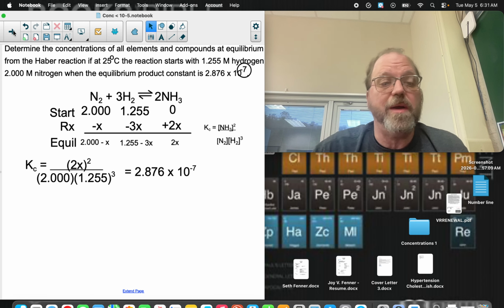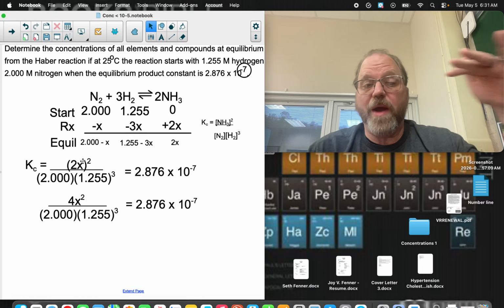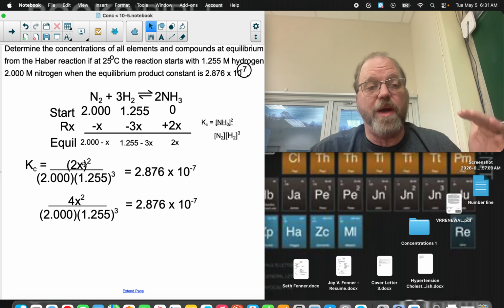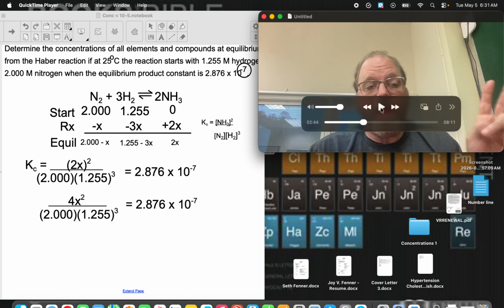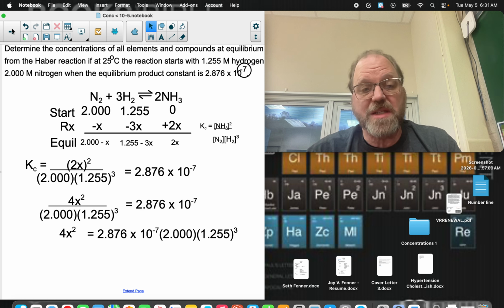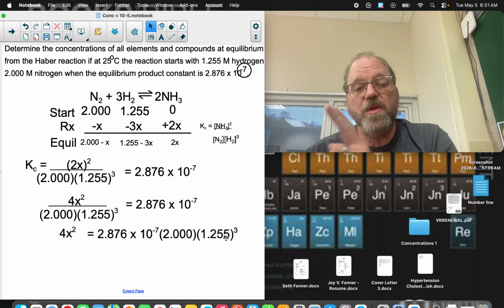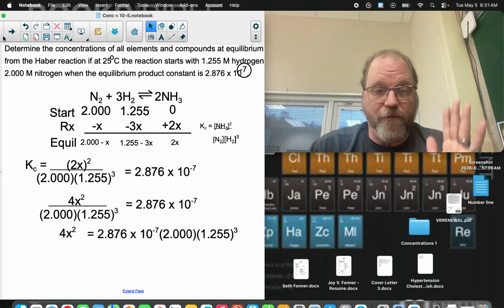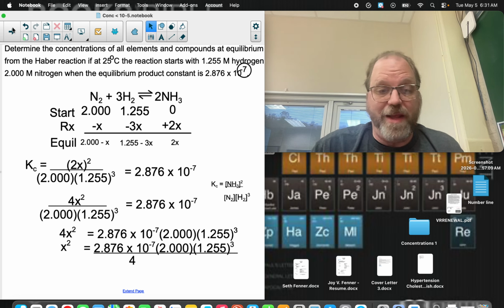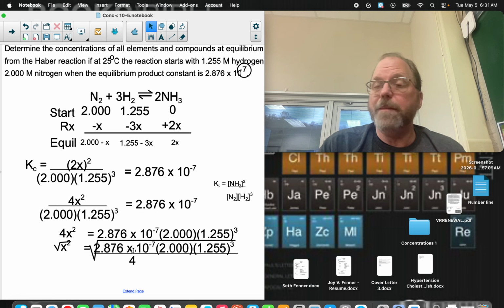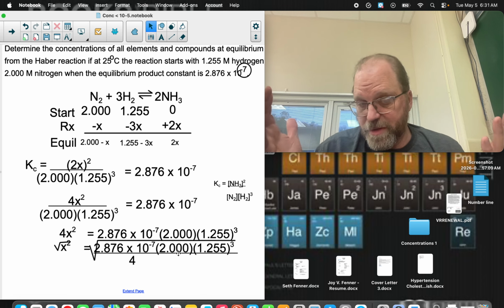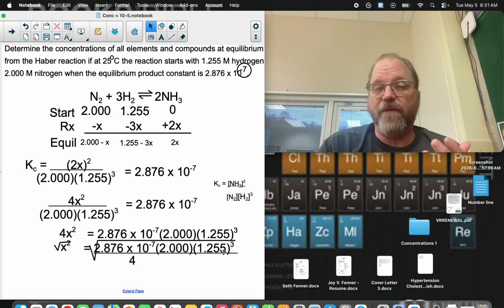Now it's just algebra from here. First thing we're going to do is square 2x. So 2x times 2x is 4x squared. Now we're going to multiply up to get rid of that fraction. So 4x squared is equal to 2.876 times 10 to the minus seventh times 2.000 times 1.255 cubed. And then to solve for x, we're going to divide both sides by 4 and then take the square root. So take your calculator, 2.876 EE minus 7 times 2.000 times 1.255 cubed, equals, divided by 4, equals,